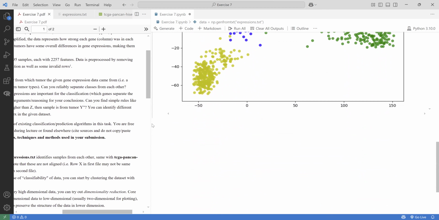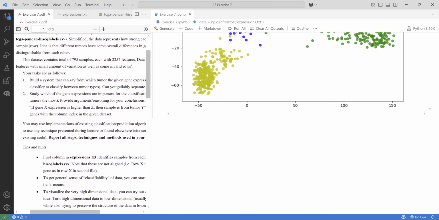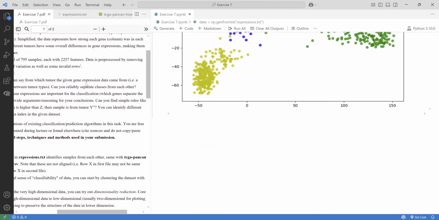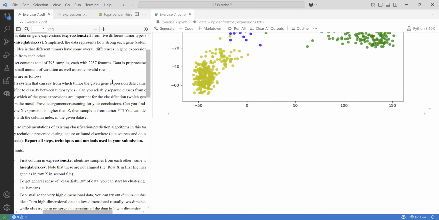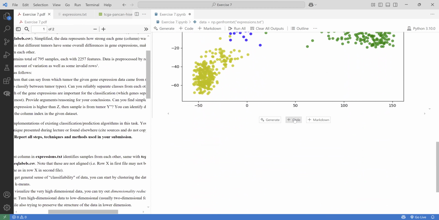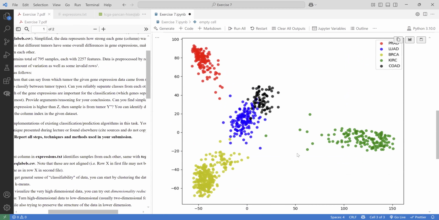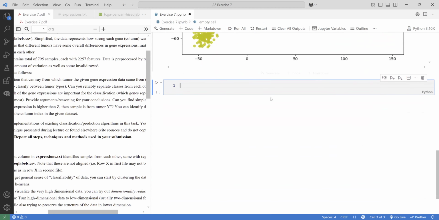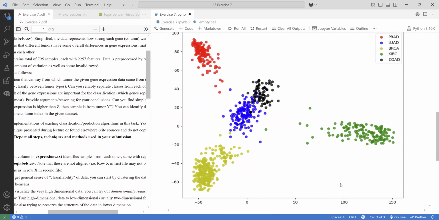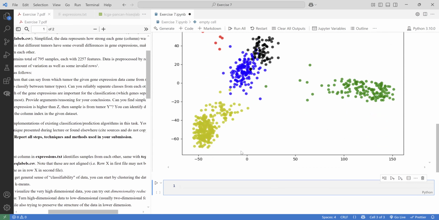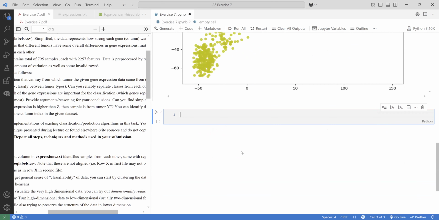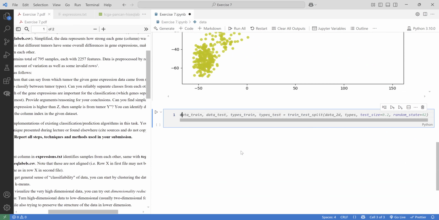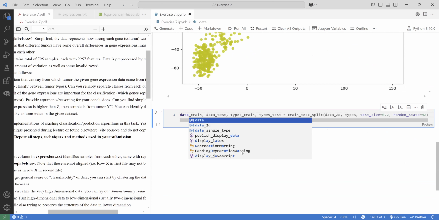But to continue building our classifier, building our system that can say which tumor type is which. And let's continue. This is a visualization using PCA. And we can have an overall idea of what the data set looks like. So next, just our usual procedures for